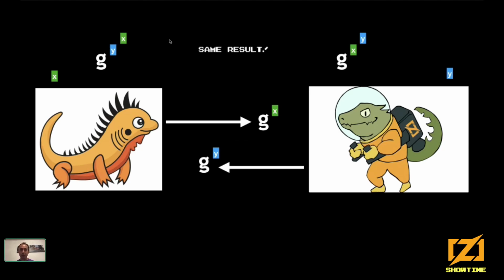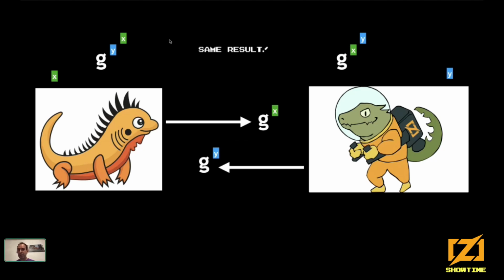So how is it going to work? This is pretty simple, actually. So Zero is going to compute G raised to the X, and this is something he got already, because it is something he received. And he's going to raise that to the power of Y, his own secret. Ziggy is going to do the same thing, but using what he received and raising it to his own secret. But what's pretty cool about that is that G to the Y to the X is exactly the same as G to the X to the Y. Eventually, you get exactly the same result. So this can be a shared secret.